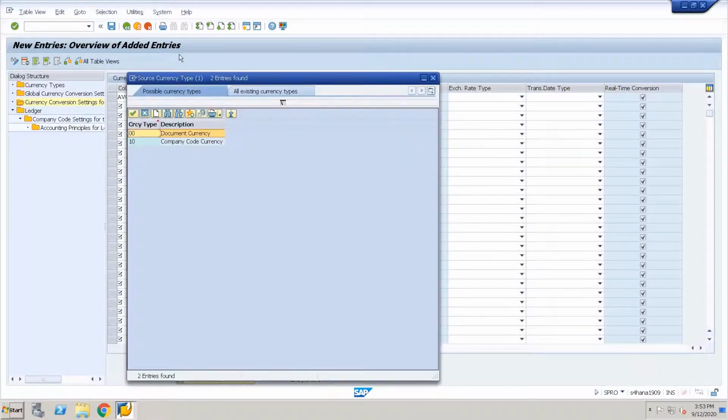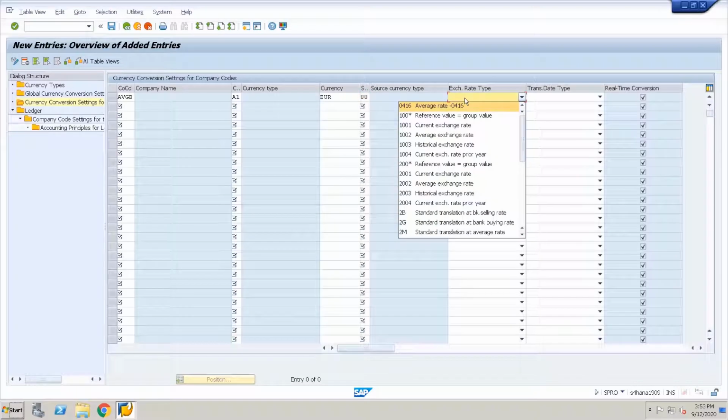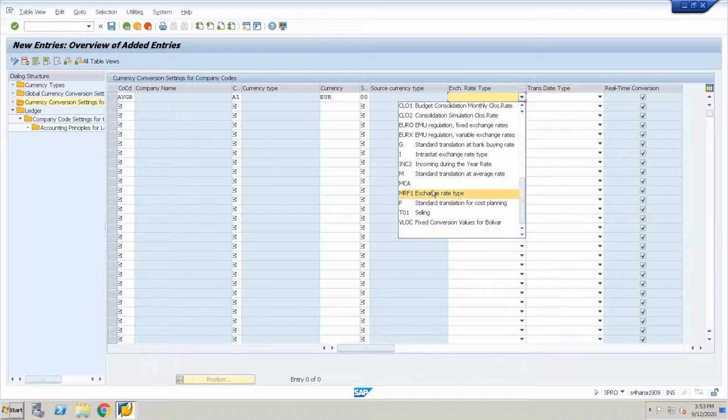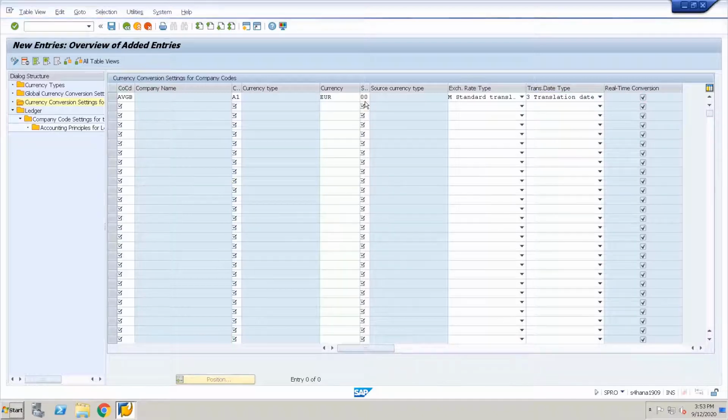And here we need to define the source currency. I will take document currency as the source currency, so whichever currency the document is posted in will be taken as the source currency. I will take the standard average rate M for the exchange rate type, and the translation date I will take as the translation date, and real-time conversion is active. Let me try to save this.